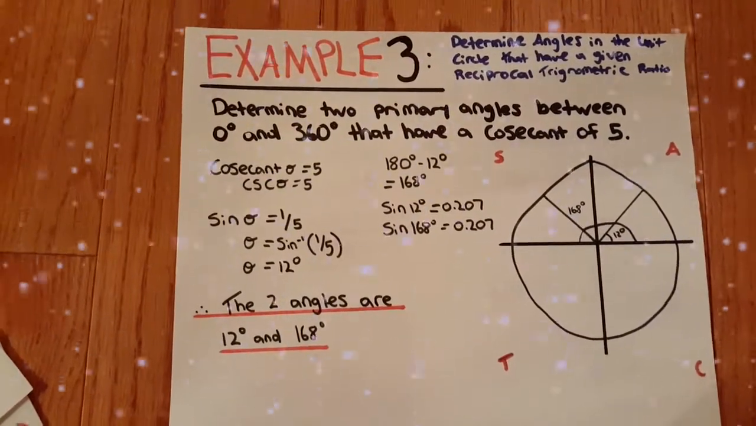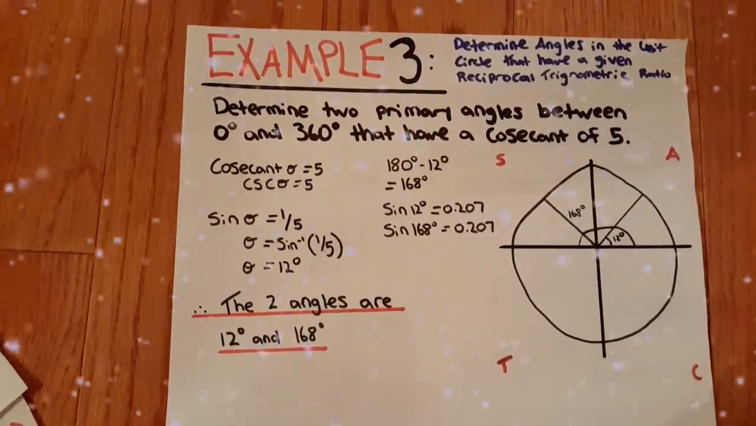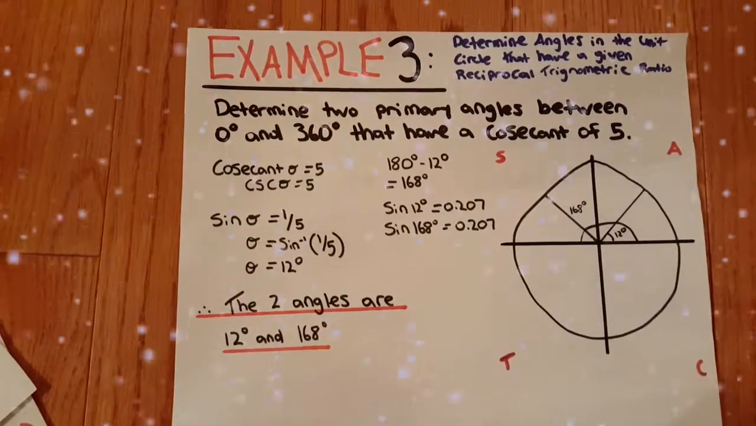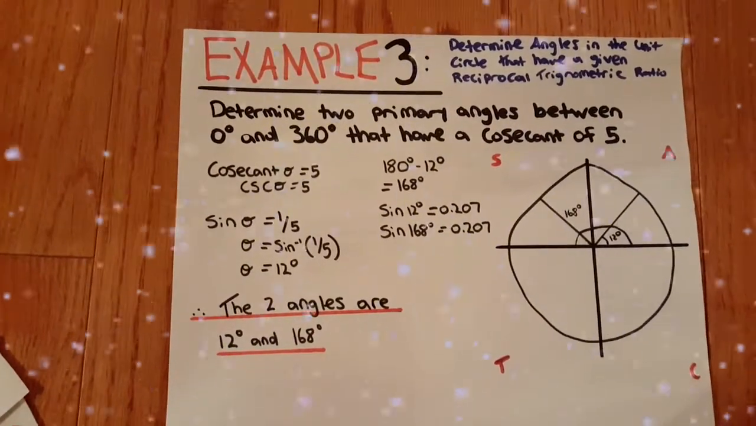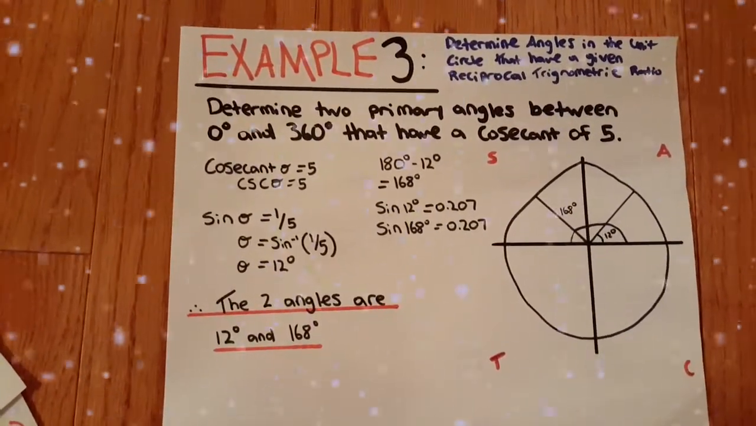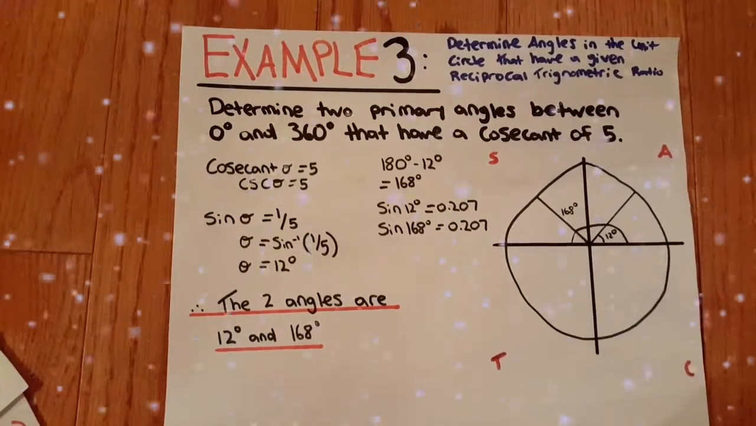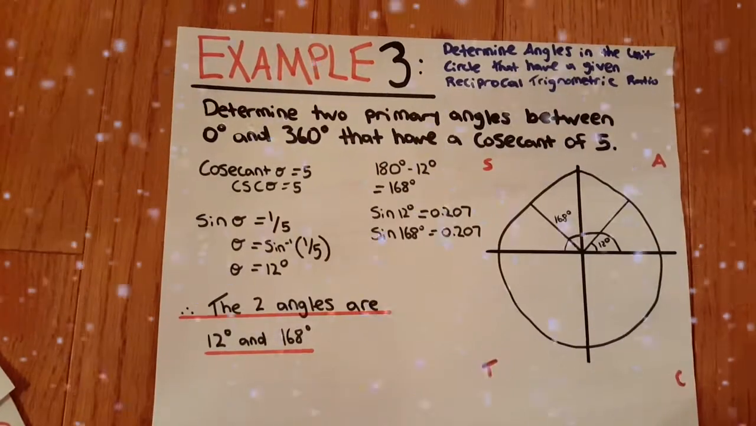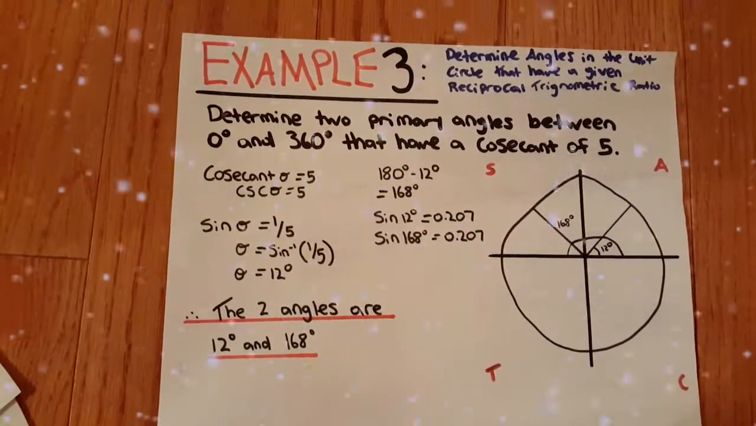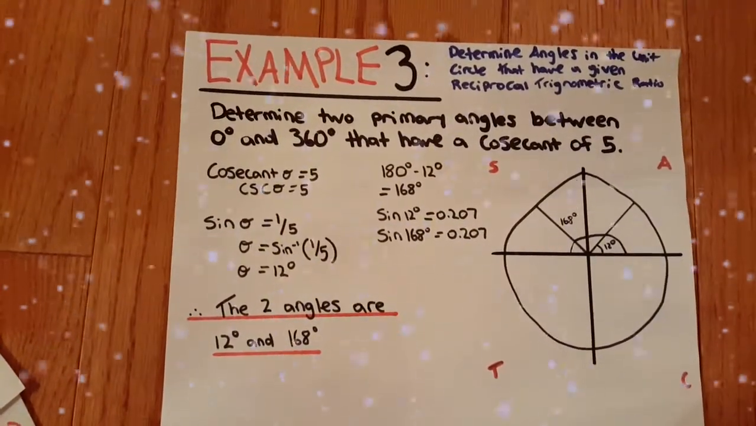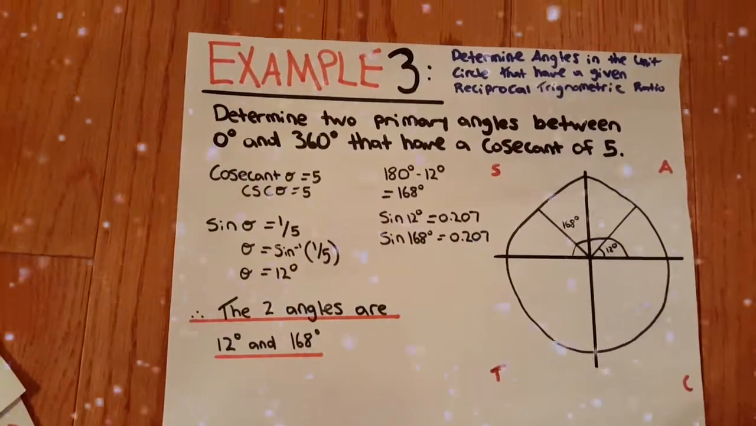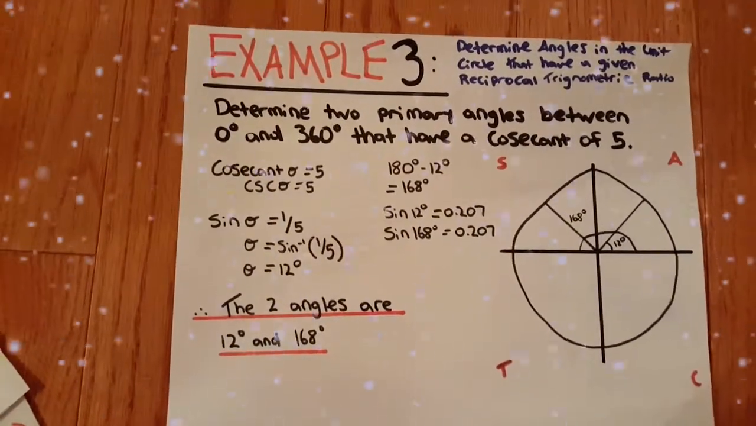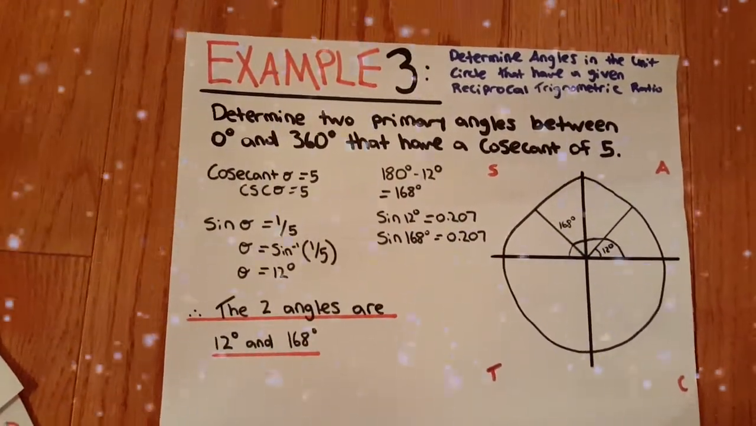So sine is 1 over 5, which is the reciprocal. Sine inverse of 1 over 5 is equal to 12 degrees. Now what we have to do is 180 degrees minus 12 degrees. Why do we do this? Because remember, A is the quadrant where everything is positive. Sine is the quadrant where only sine is positive. So you do 180 minus 12 degrees,